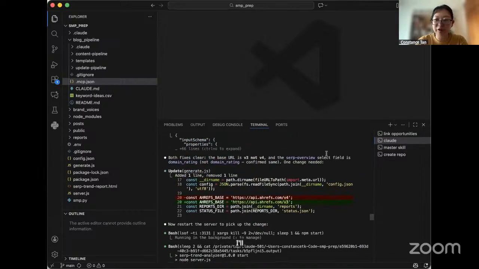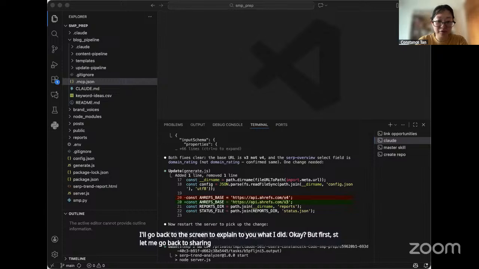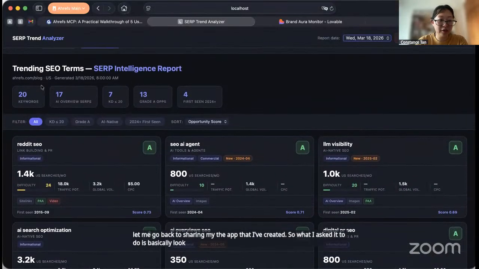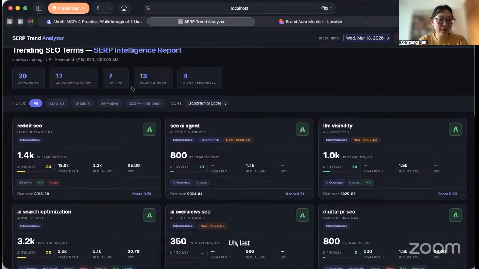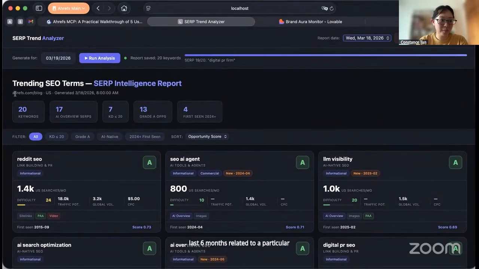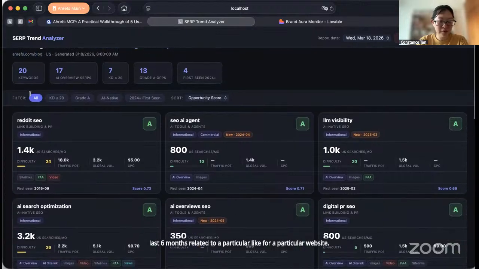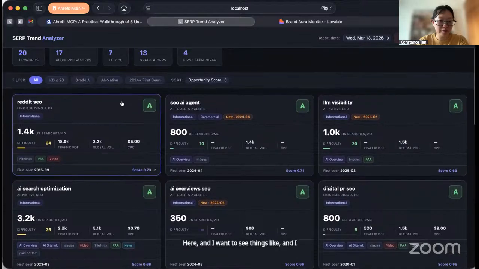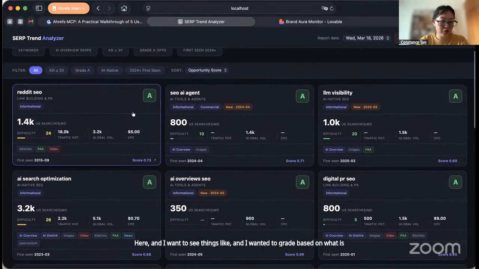I'll go back to the screen to explain to you what I did, okay? But first, let me go back to sharing the app that I've created. So what I asked it to do is basically look at like 20 keywords that were found in the last 6 months for a particular website here. And I want it to grade based on what is the score of